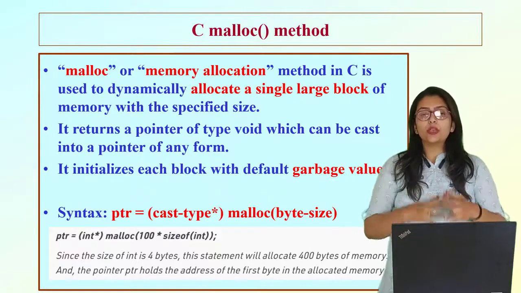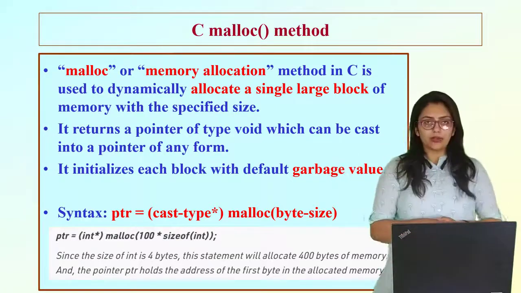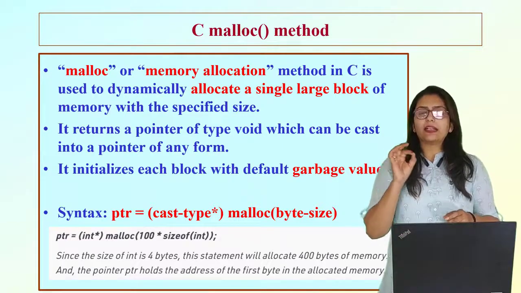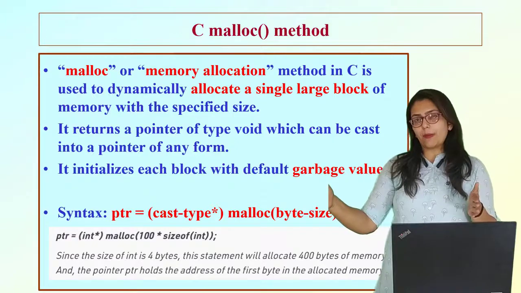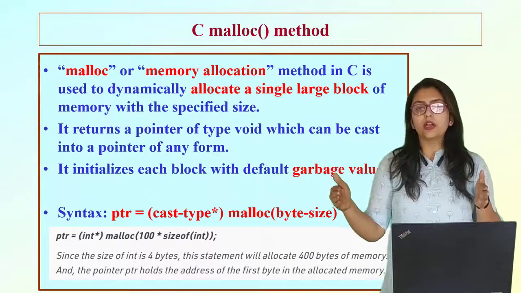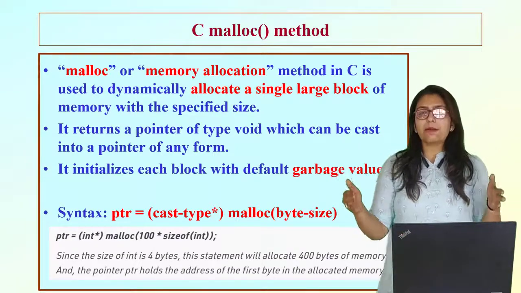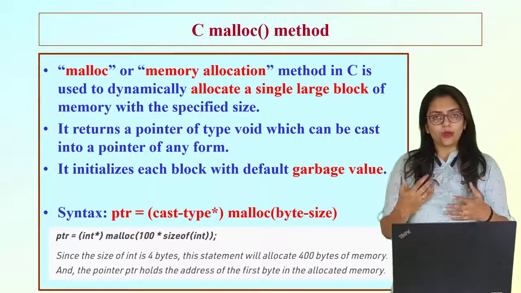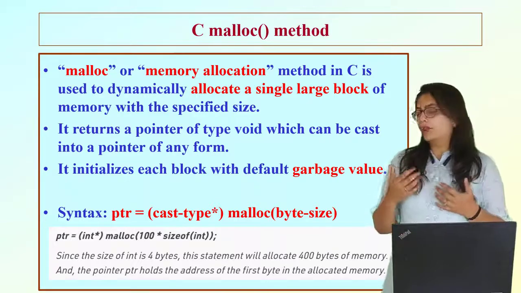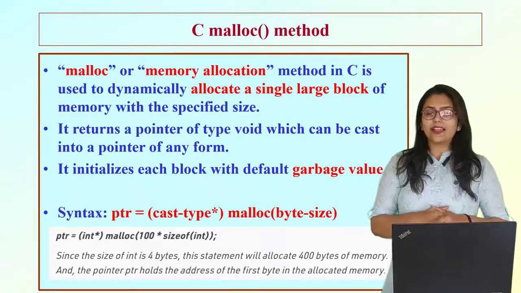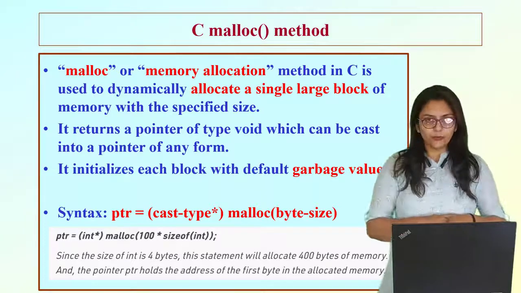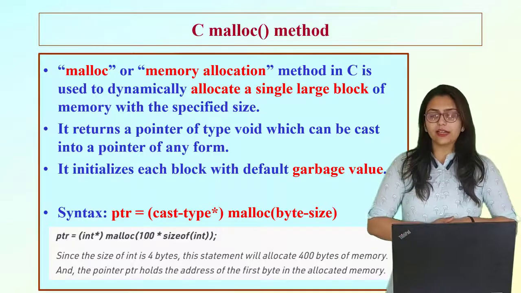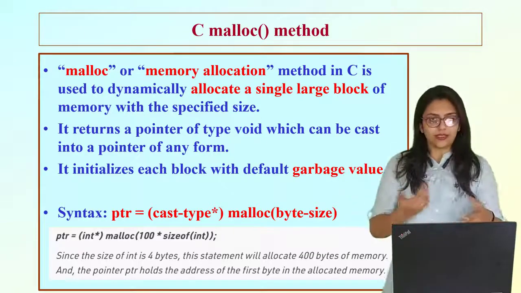I have given an example here where ptr is that pointer. ptr can be cast into any pointer type. If your extra memory block is being used for holding integers, then the type of pointer will be integer. If it is being used for holding floats, then the type of pointer will be float. Based on that we decide the data type for the pointer. You can also write void so that you can use any data type, integer, float, etc.